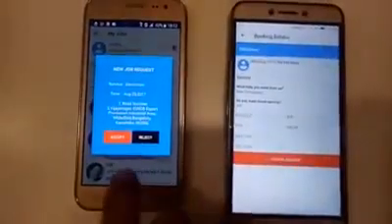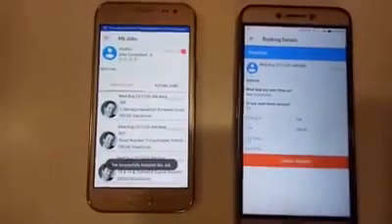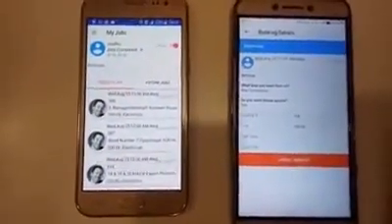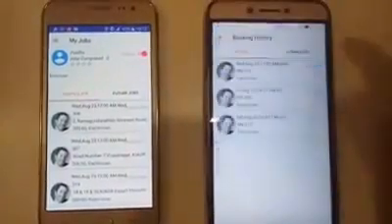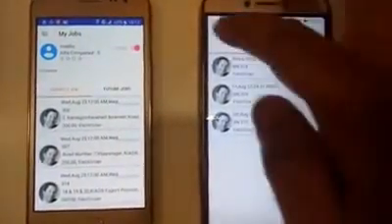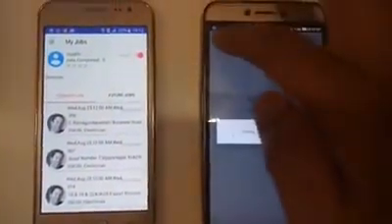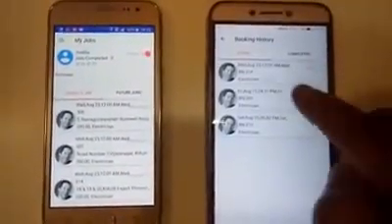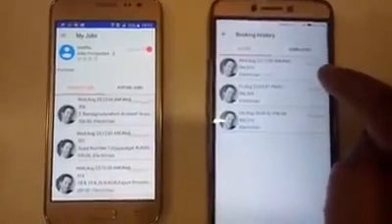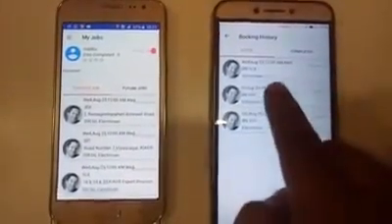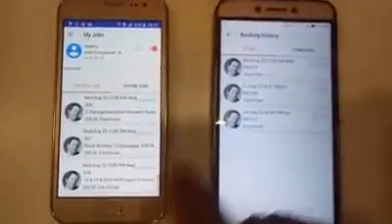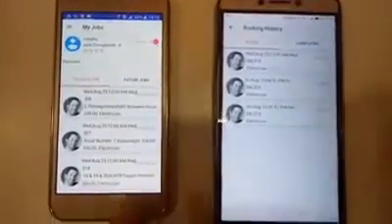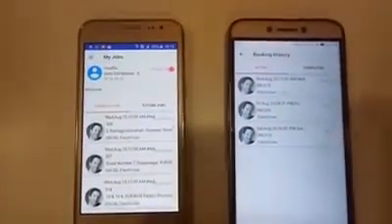Once a service provider accepts the request, you get the details that it has been assigned to the electrician named Madhu. So now Madhu has already accepted your request.